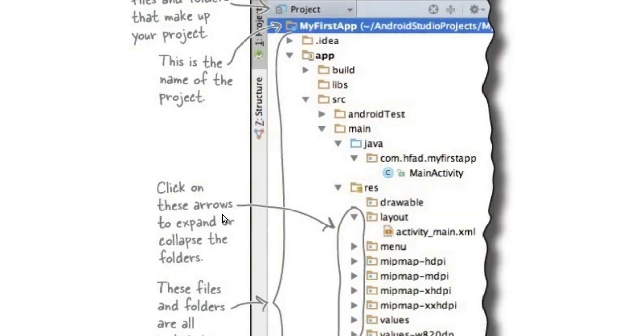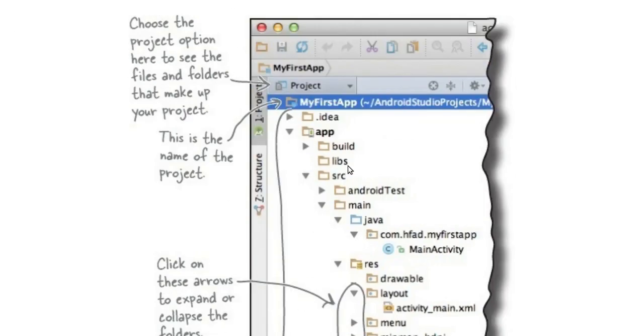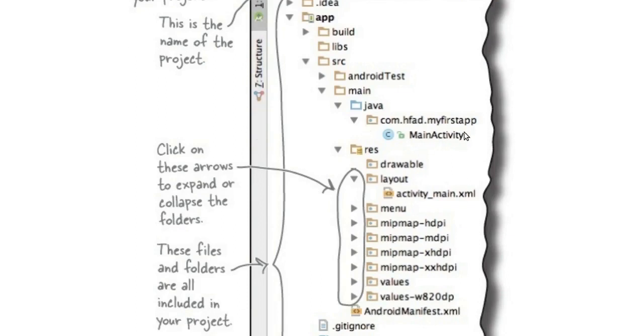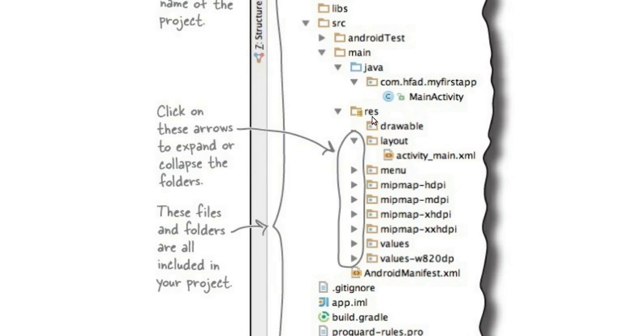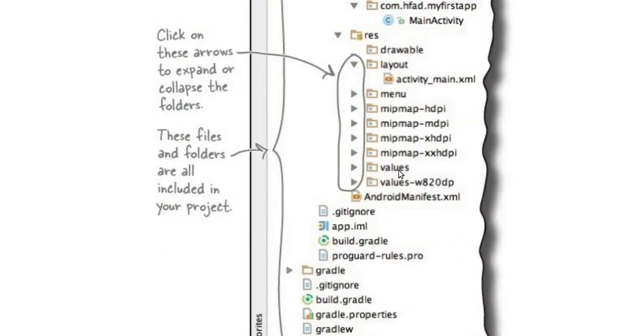So that is the project explorer. So what are the folders that we have? That is important from the exam point of view, because we have to understand that the Java activity file is under the source, main, and Java, and then we have the package name. Similarly we have all the resources, like our layout, that is activity underscore main.xml, is under the res folder. Res means resource folder. Similarly we have other values, like under the values we have the string.xml file. Similarly we have the android manifest.xml file.